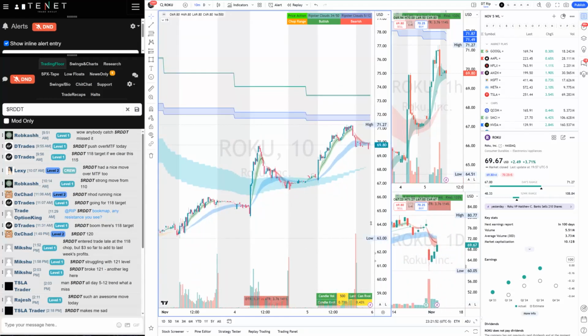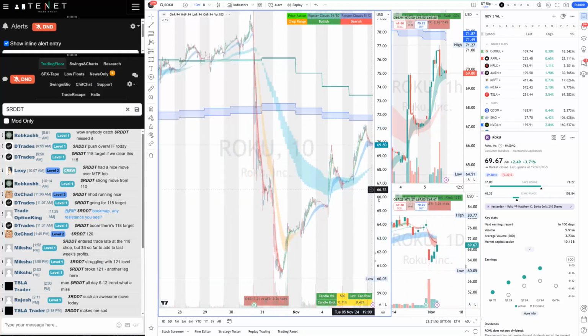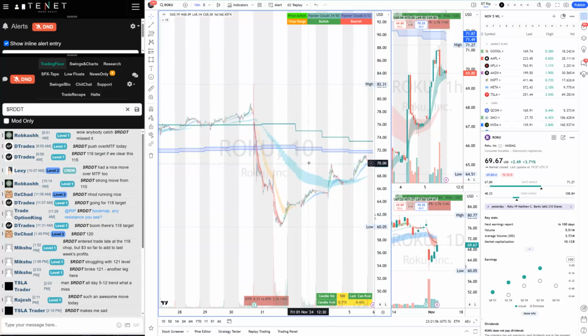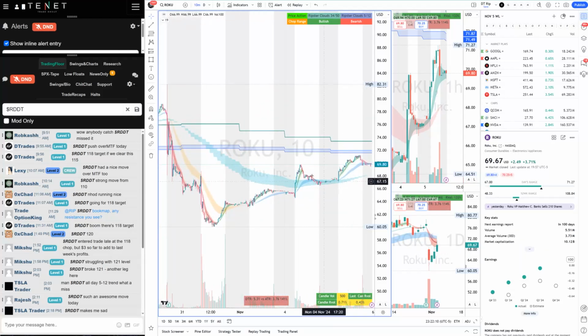You can see that Roku was in the gap fill. Roku is filling the gap. So a lot of these post-earnings plays become day 2, day 3 plays that you can really focus on, and you can really profit well from them because there's an opportunity. You see, it's a gap down here, and then higher lows, breaking over the 1 hour chart. So Roku was a no brainer opportunity trade, and it came back from 61 and now 69. It still has more room. Any pullback, we'll watch it as well. So those were the trade recaps, guys.